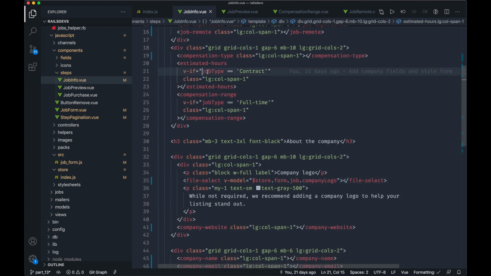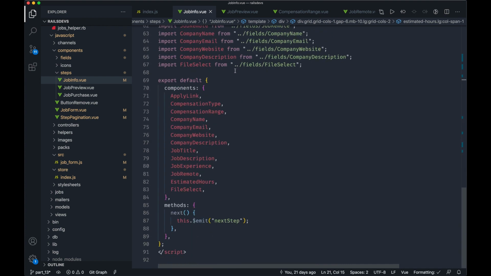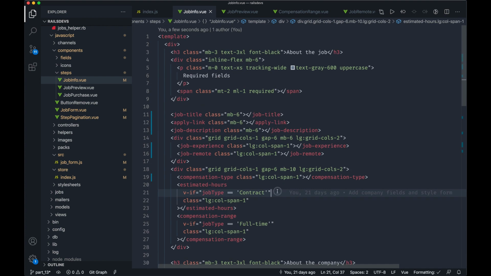Job type, there it is. Okay, well, let's get, there's not even anything for that. So let's say store form dot job